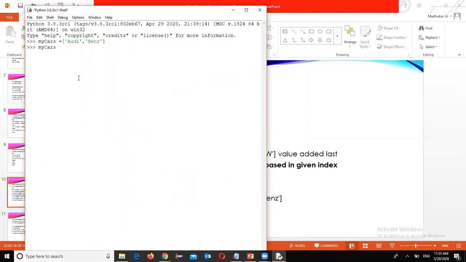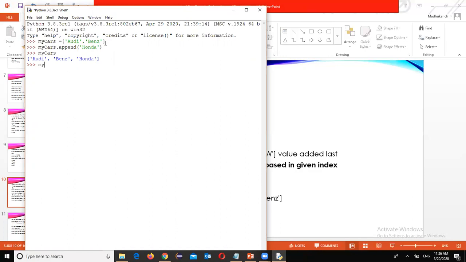My cars dot append of Honda I gave. Now if you go for my cars, RD, Bench, Honda we got. Now whenever I use append, where is it added? Last it is added.